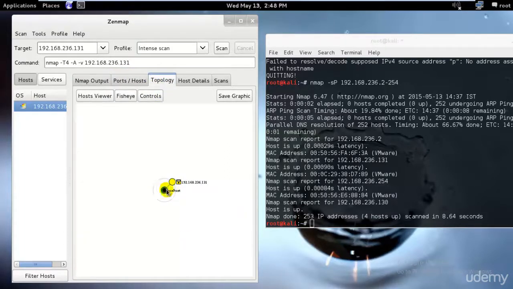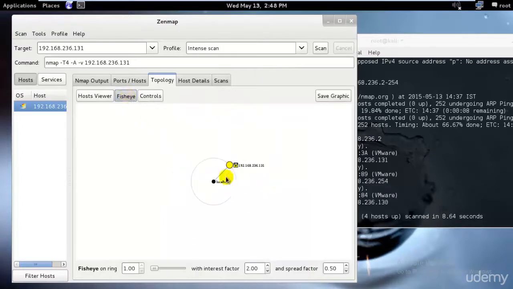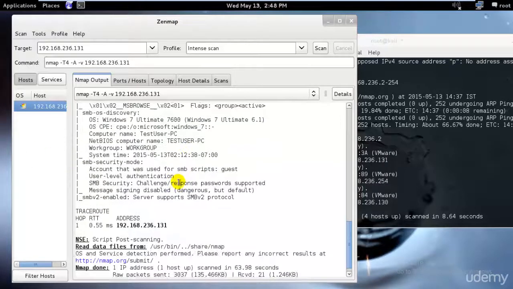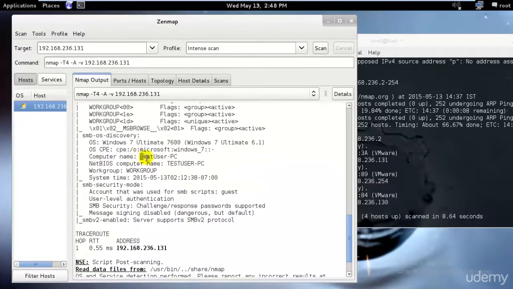These are connected directly. If I'm connecting through the internet, then there will be multiple computers and routes through which I'm going, and it will show me where exactly my computer is by connecting through several computers. And as you can see, we have the TCP sequence prediction, with a difficulty of 263. That means we can easily penetrate into that. Again, the operating system is Windows, and we have all the information that we need. The computer name was test user, since